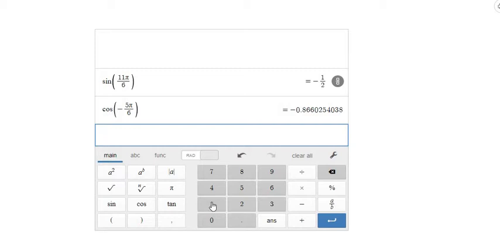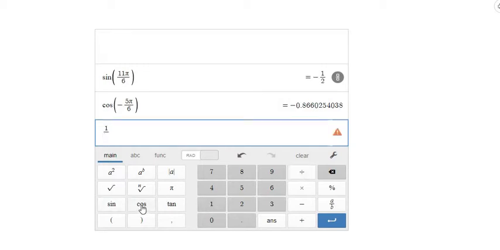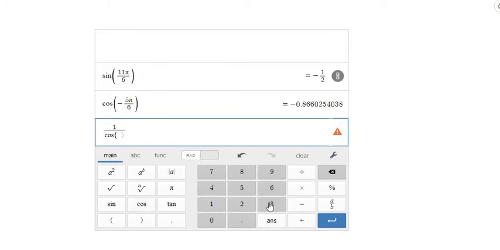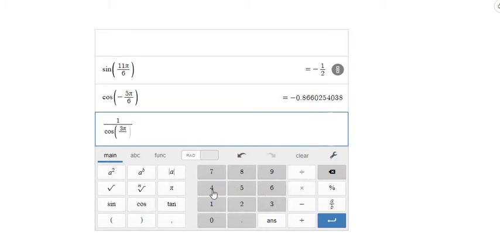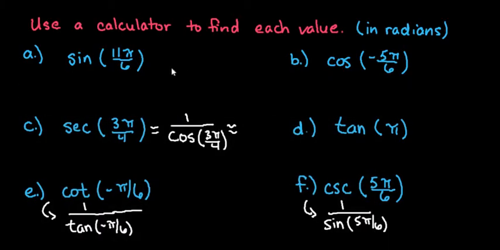So remember with secant that we would put it in as 1 divided by cosine, and the value was 3 pi divided by 4. Okay, and we end up with negative 1.4142, so let's go ahead and write those three down. This one ends up being negative 1/2. Cosine ends up being approximately negative 0.8660. Secant ended up being approximately negative